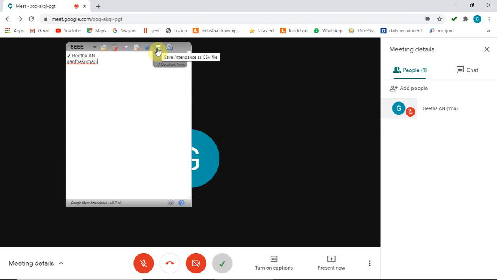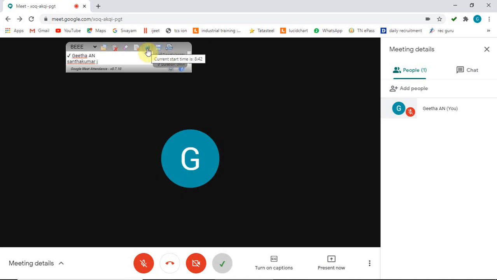We can save it as Excel, or you can also create it as an HTML file. This one is to reset your meeting time. This will clear your class list and this will clear your attendance. This is for deleting your class list, or if you have previously loaded, for example, I have already saved one session, so the same name list I need to reload. We can select this option and load those saved files. Already saved lists can be taken over here for the next sessions. For that we need to use load a previously saved file.